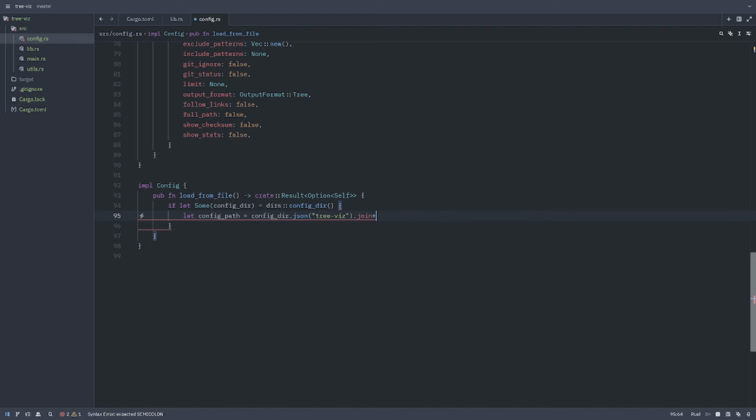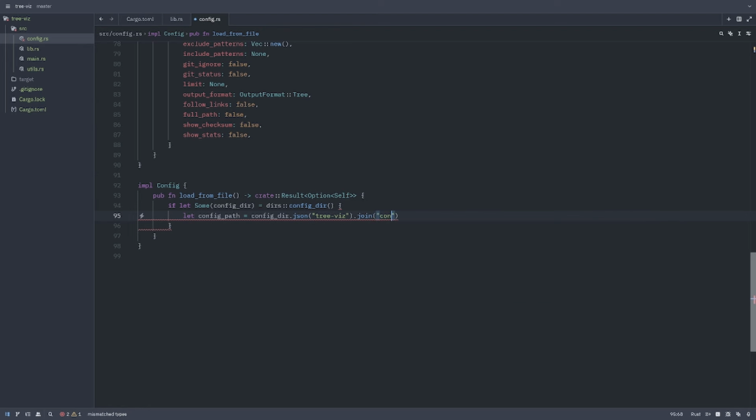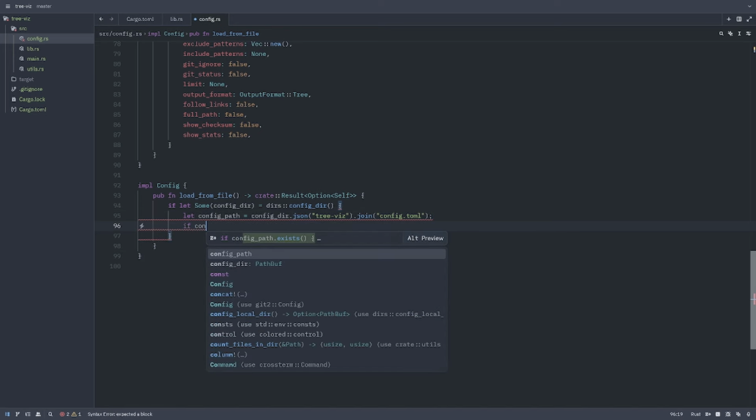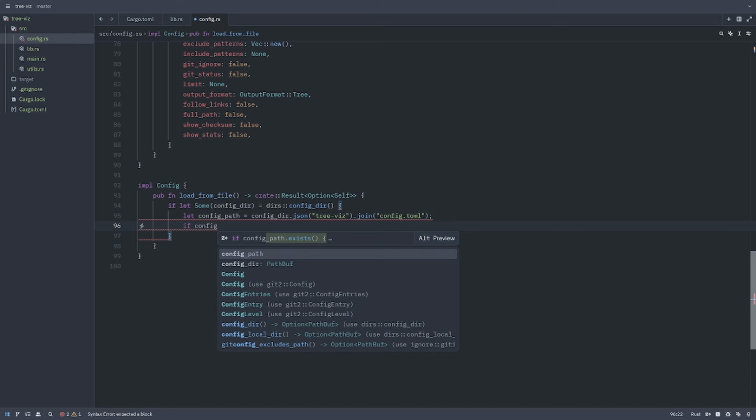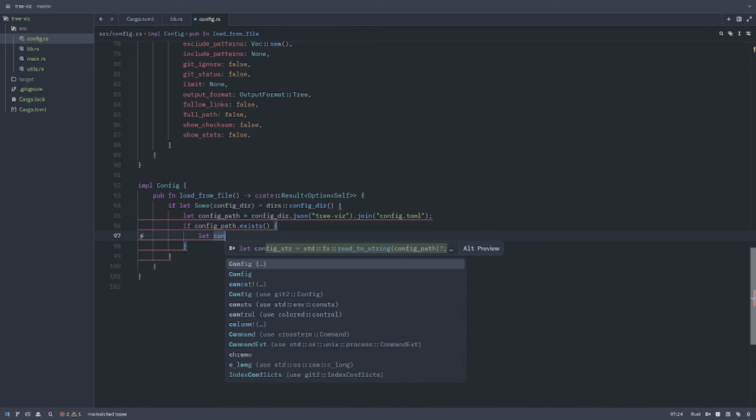Join config dot terminal. We will see if there is a config dot terminal file or not. If config path exists, if there is an existing path of config, then let contain